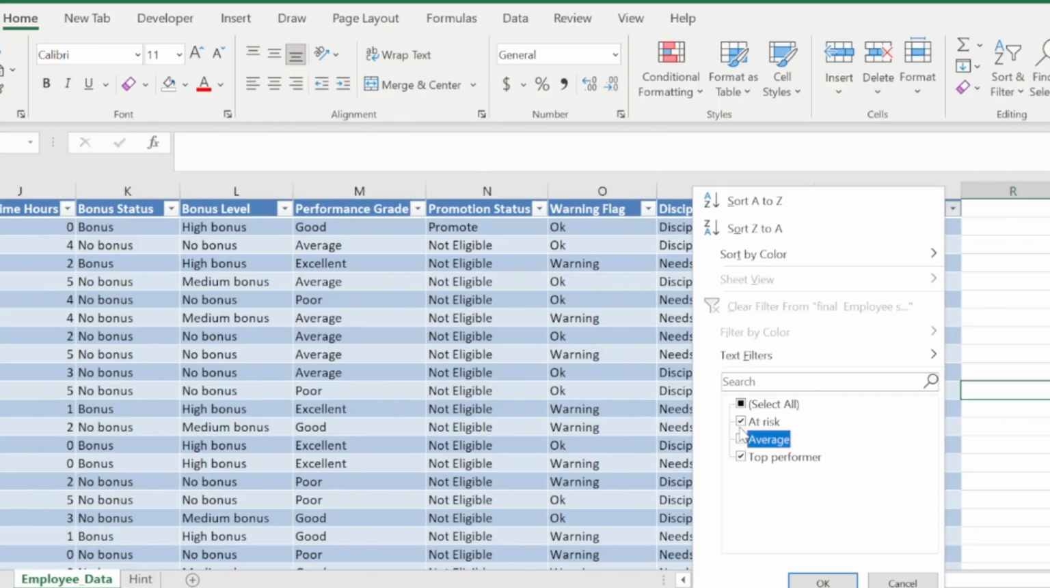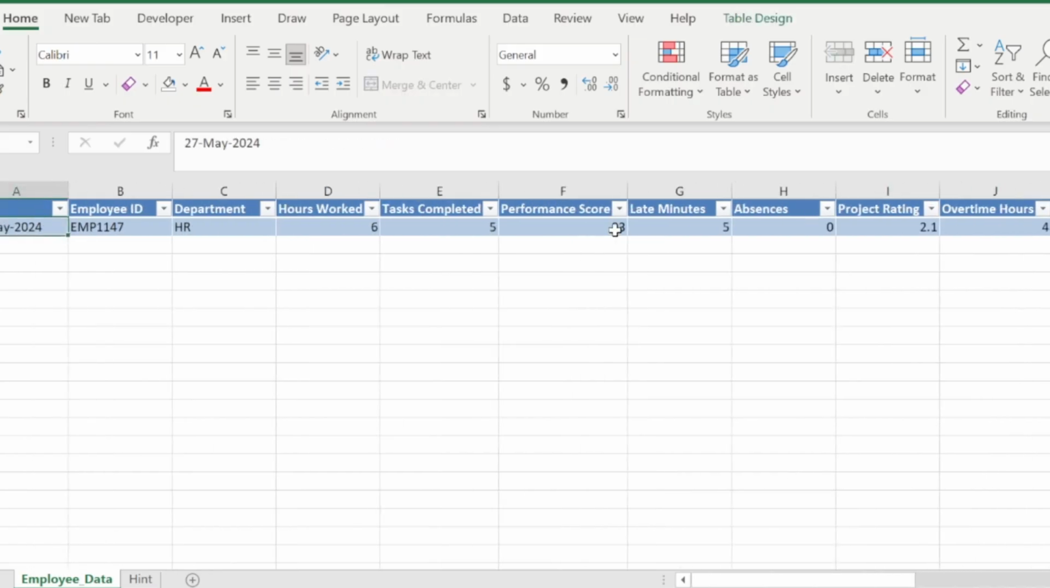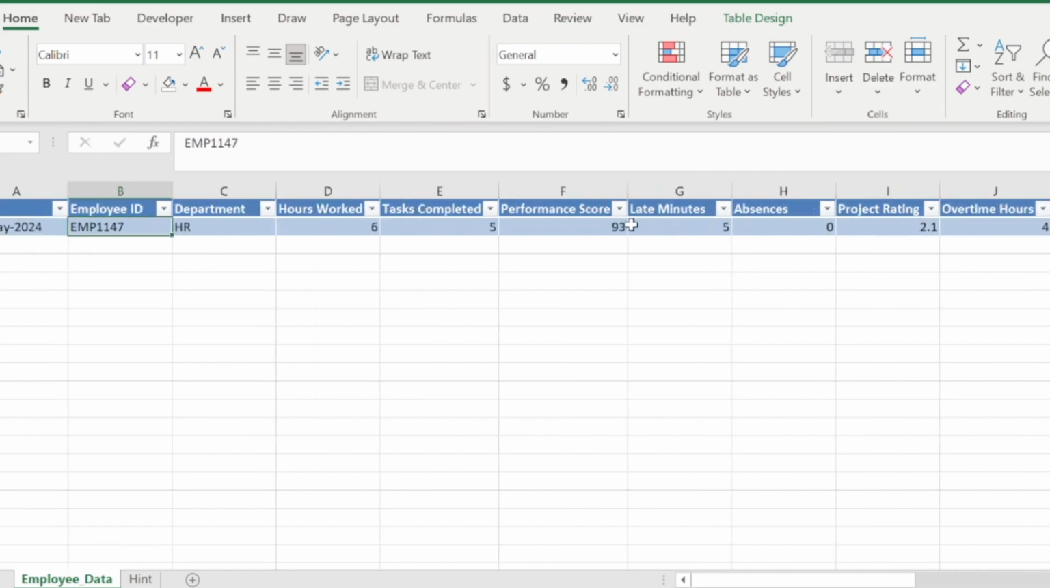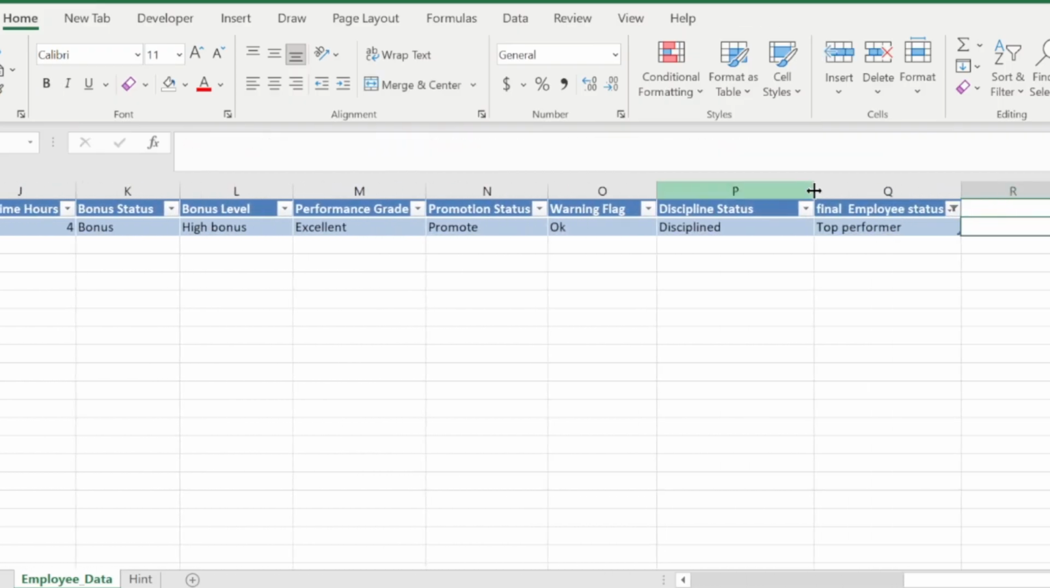Let's even check top performer. We only have one staff. Imagine, only one. So this person needs to be promoted and has a top performance in the company. So you can also filter for the rest of the entries. Let's filter